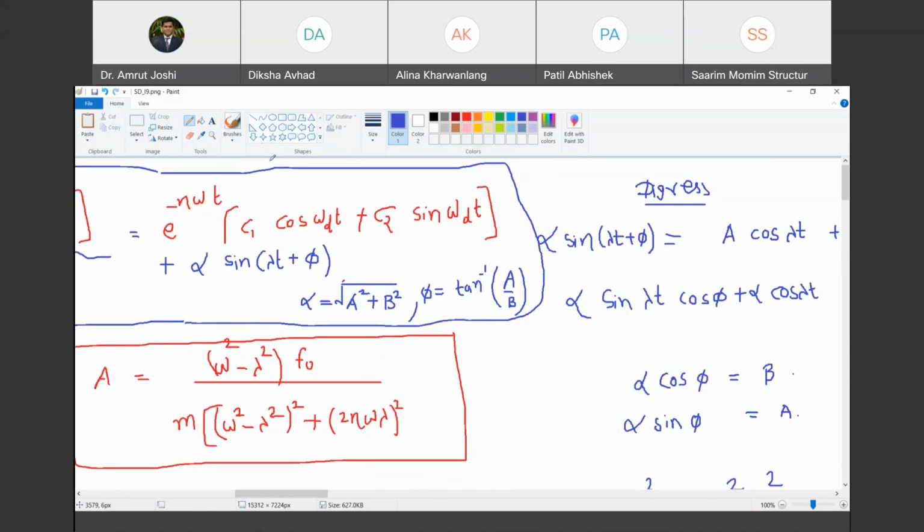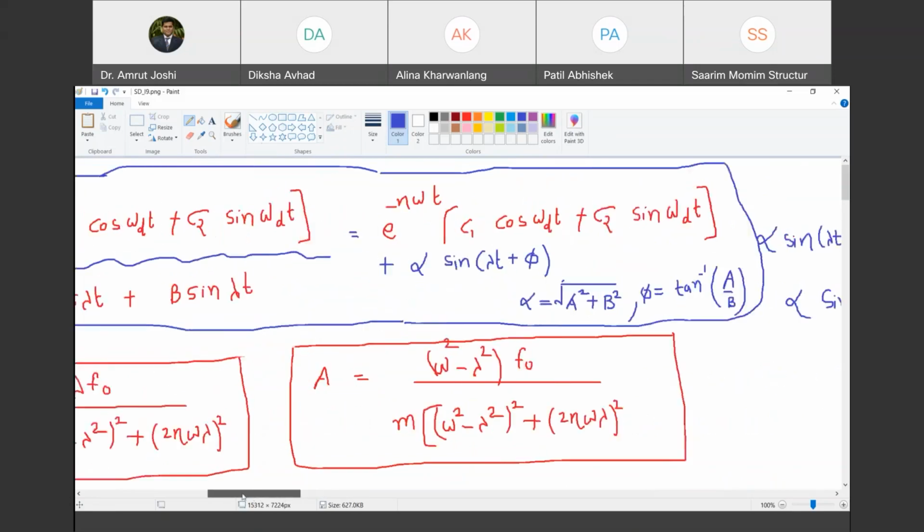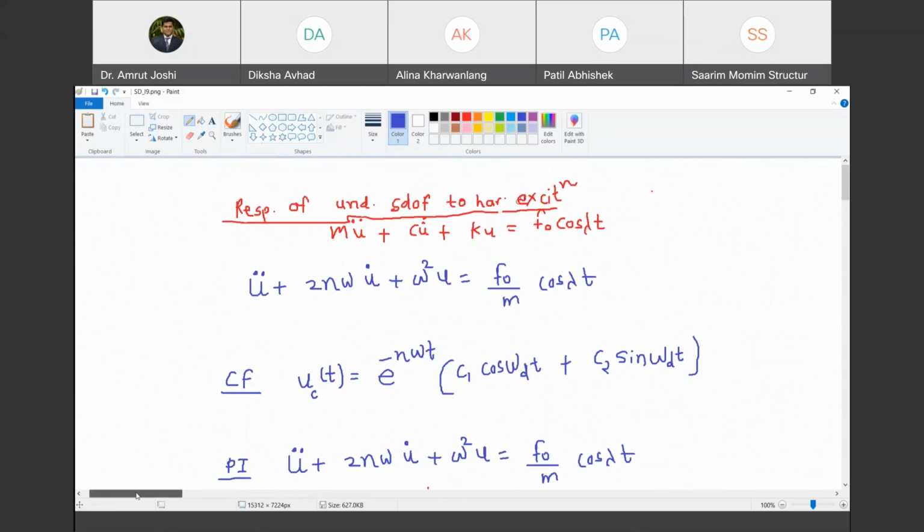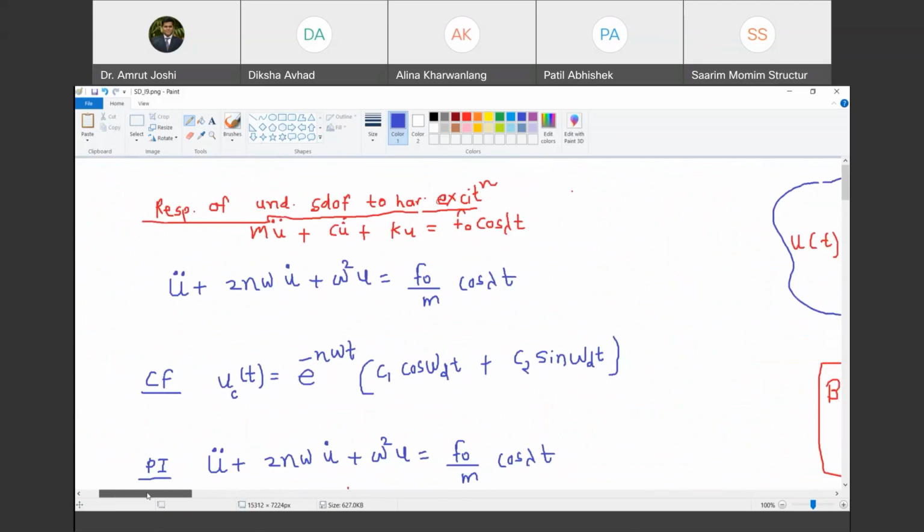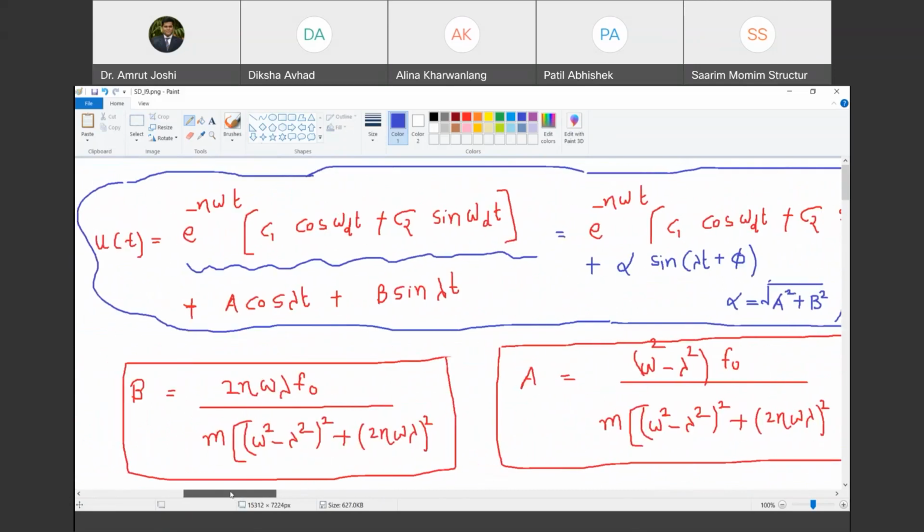And the only term that governs the response is the second one. What can you say about the second term as time t tends to infinity? It will fluctuate between plus or minus alpha. Are you with me? So immediately I have the answer. If a system is harmonically driven by the force f0 cos lambda t, then at very large time, what will be the maximum response? It will be equal to alpha.